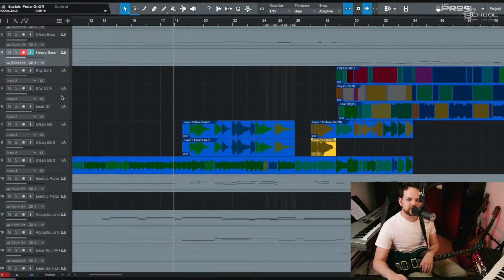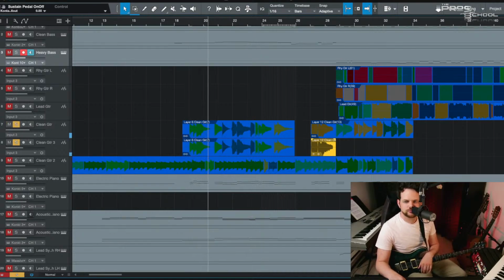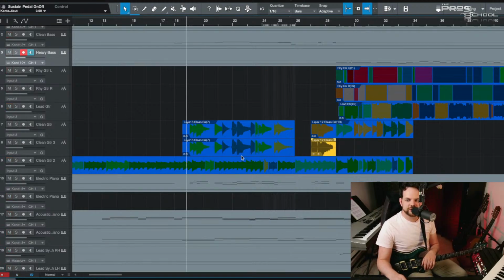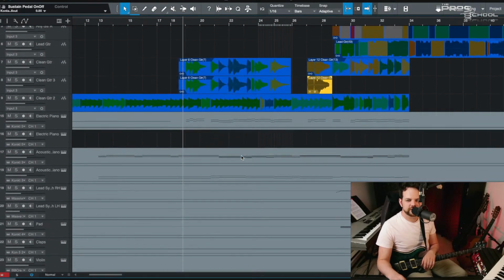I don't even know exactly what the effects are on these. Let's see. Just delay and reverb. What does this one have? A chorus on it? Oh, they're in octaves, yeah. Simple enough. And then the melody gets taken over by the lead guitar, the heavy lead guitar and synth,